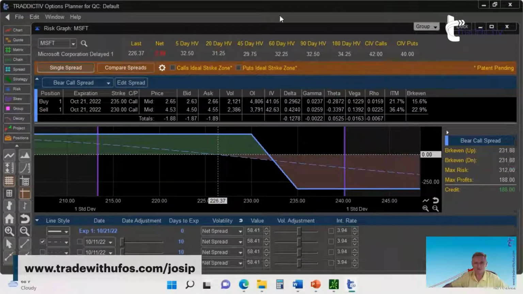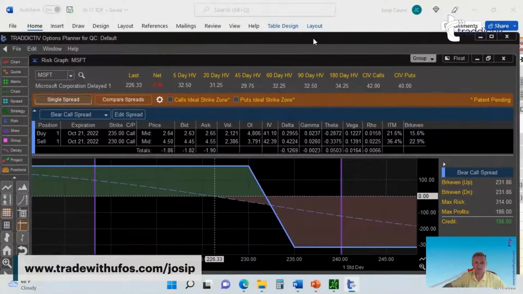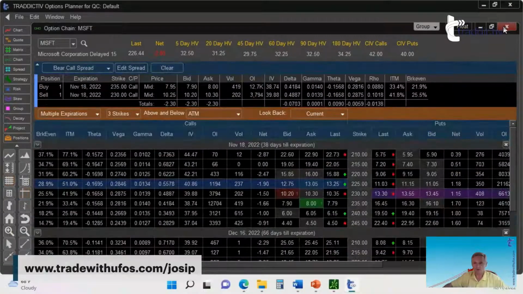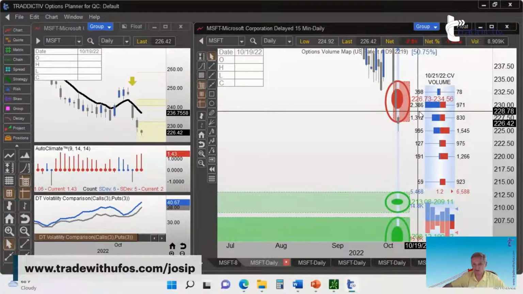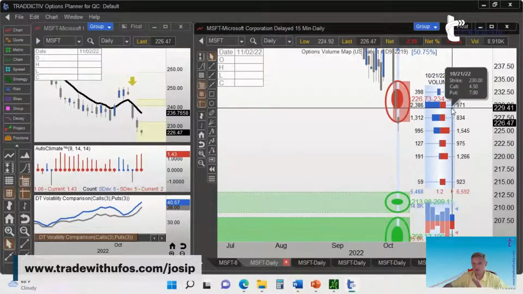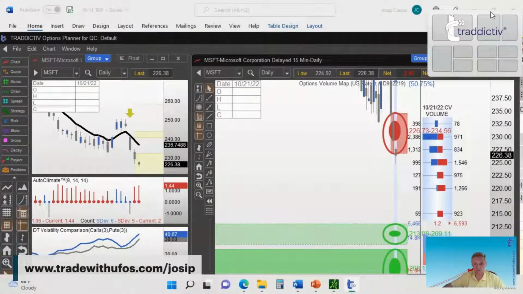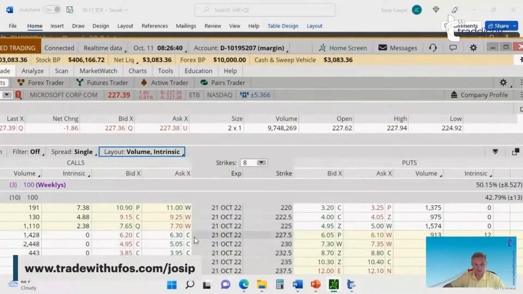Let me just float this for a second. When we were looking at the chart, it was just poking our eyes, and we were like, okay, this is definitely something that we're going to do because we have this huge activity right here on 230. So I have no regrets picking that particular strike price because it is a correct strike price for me to do the execution.